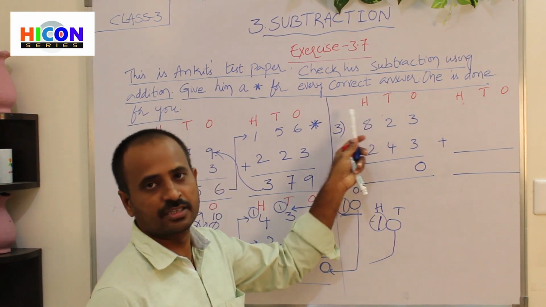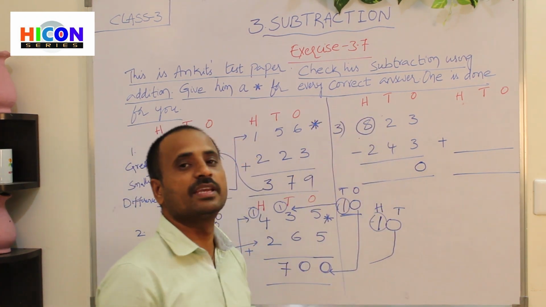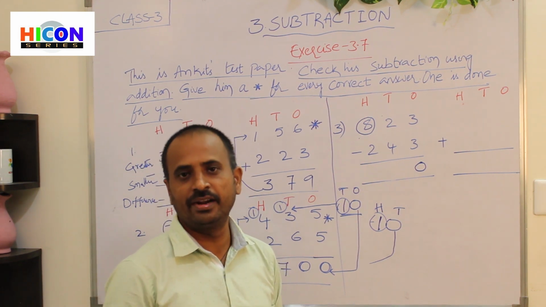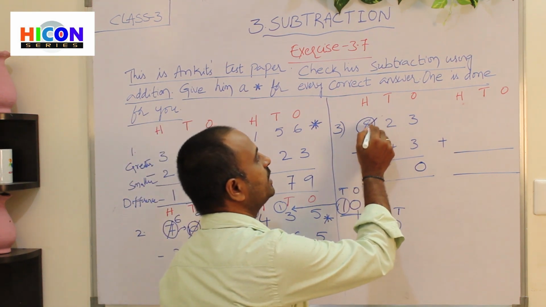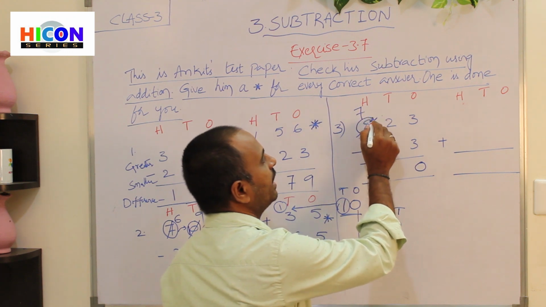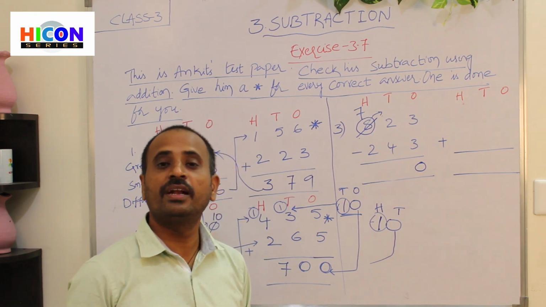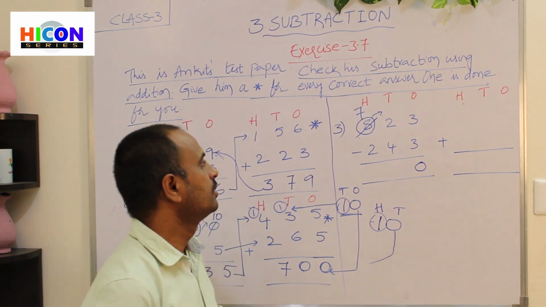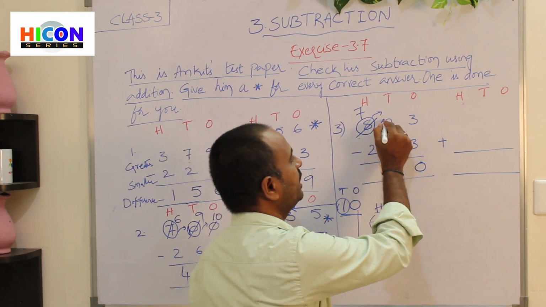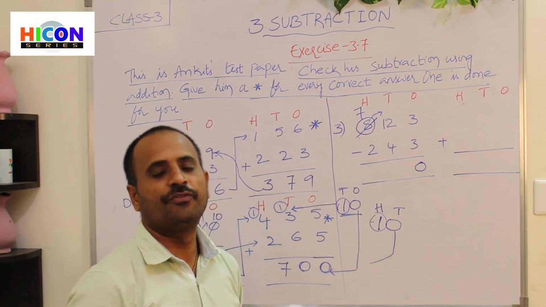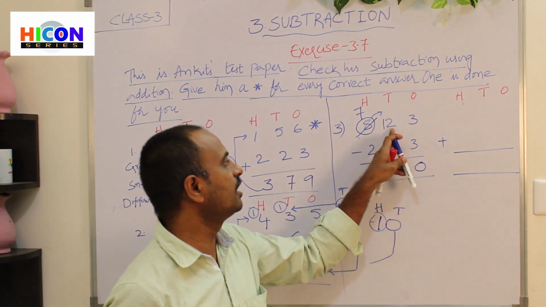What is the next place? Hundreds place. What is the digit present in hundreds place? 8 is present in hundreds place. That means 8 hundreds are there. So borrow 100 from 8 hundreds. Then there will be 7 hundreds, and carry 100 to the tens place. 100 becomes 10 tens. So the 10 tens, and there are already 2 tens, total becomes 12 tens. So simply write 1 before the digit. If you borrow, simply write 1 before the digit already present there.